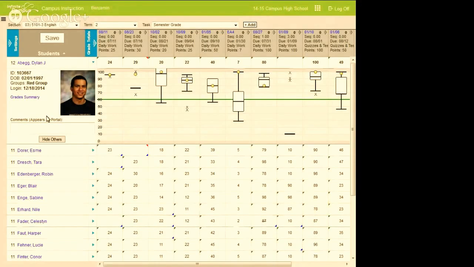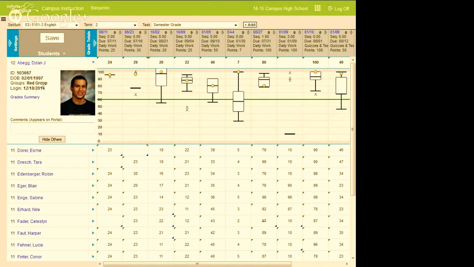Over on the student, last time they logged in, any groups they might belong to, date of birth, and student ID. But what I like from a teacher perspective is I can actually hover over this login, and I can see not only Dylan, but I can see the last time his parents and guardians logged in. And she hasn't checked her son's grade since August 26th at 9:30 in the morning, 2013. So I might want to bring that up at conference time. Or, you know, it's a good tool if it says never, because maybe they don't even know about the portal, right? Maybe they don't have that information and they can't log in.